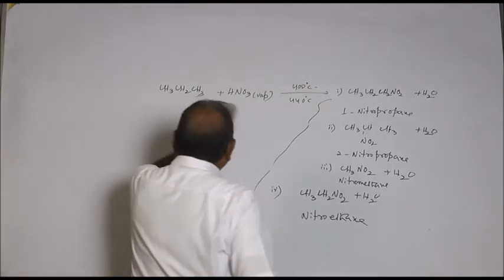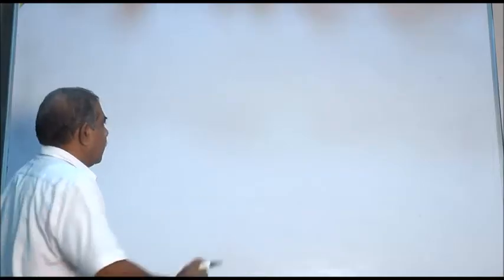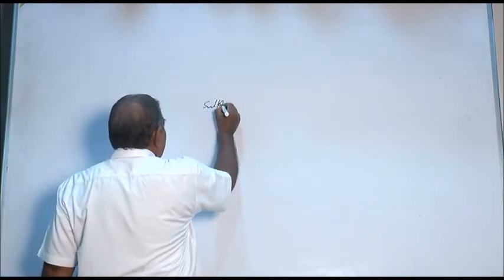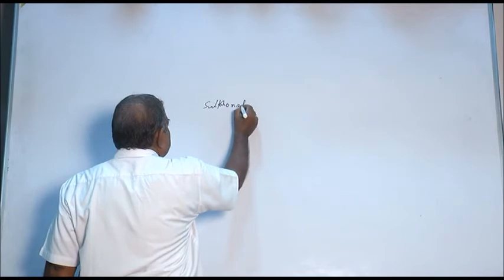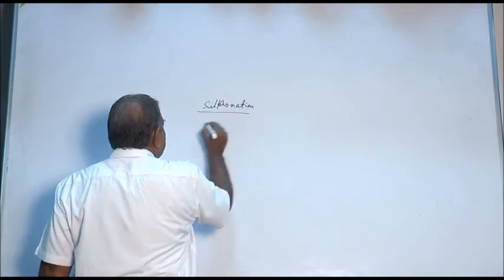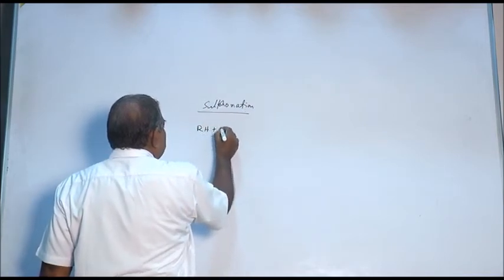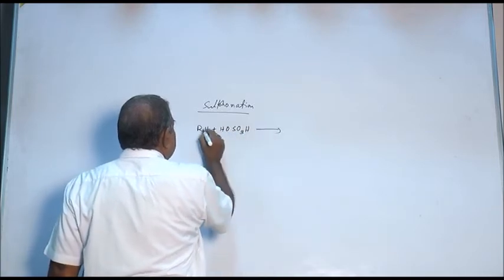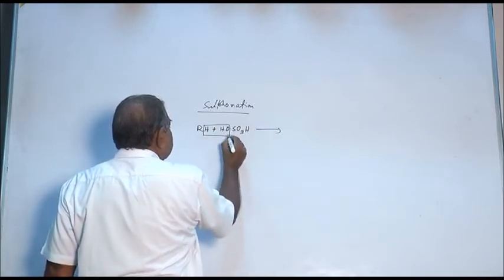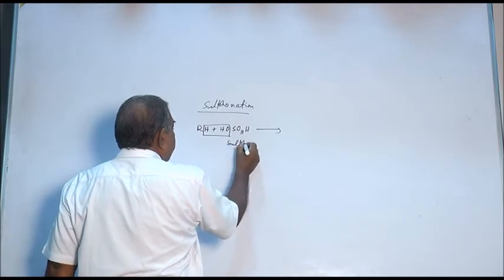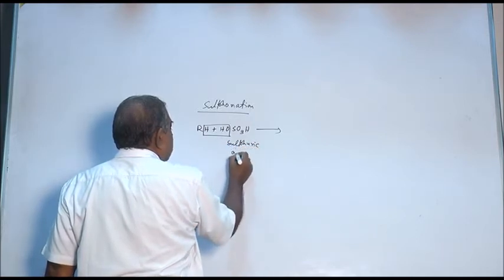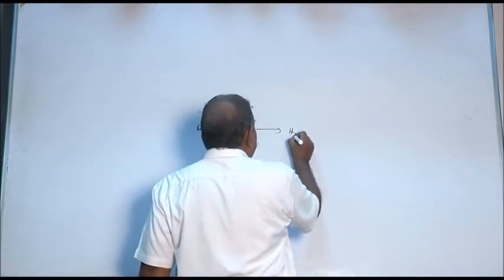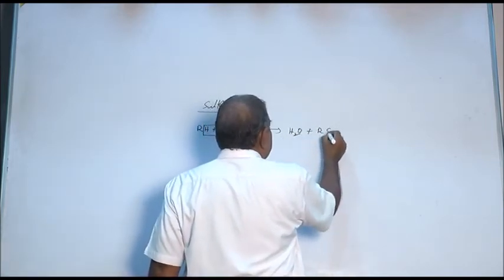Now so far, the last substitution reaction is sulfonation. It is also a one-step process. When alkane is treated with sulfuric acid, this is your sulfuric acid, I have just broken it, H2SO3H. After removing 1 molecule of water, you are getting alkane